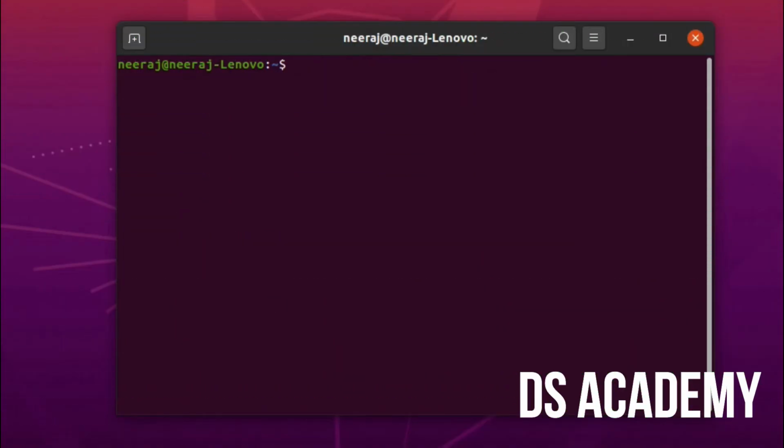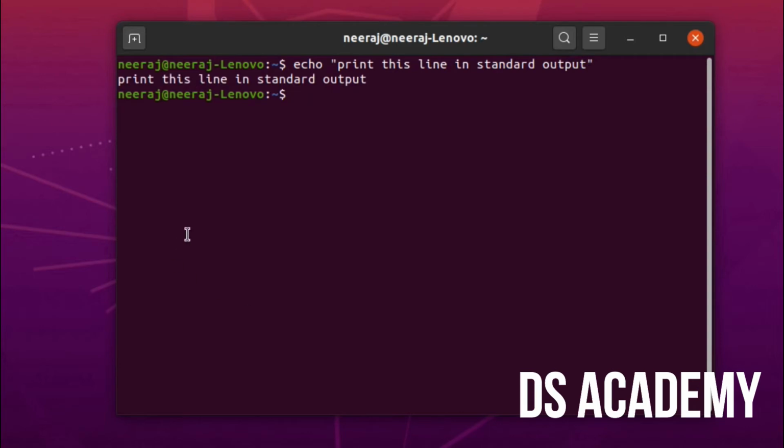Then the next command is the echo command. What it does is write arguments to the standard output. So if I say echo ABC XYZ, it prints this line in standard output. This is just printing a particular line.